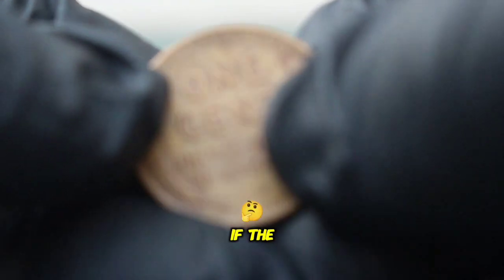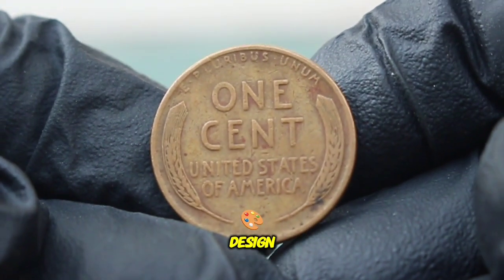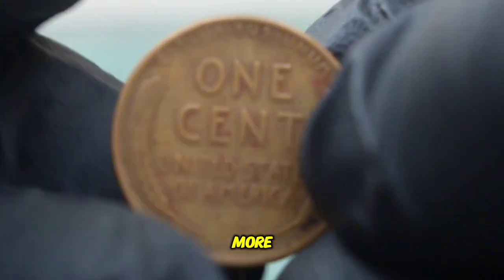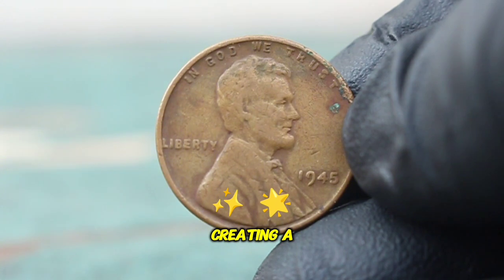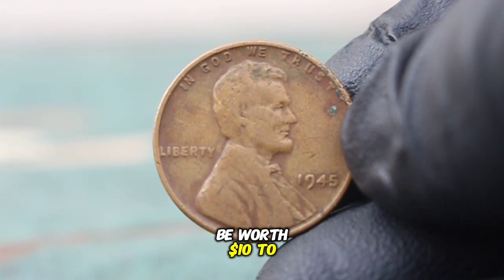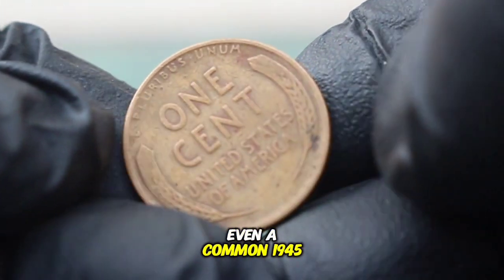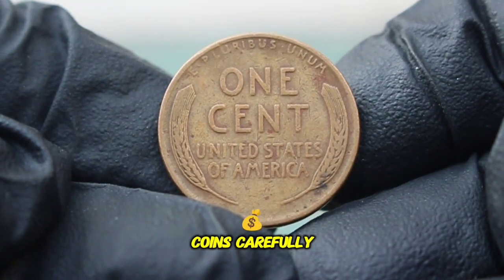Off-center strikes. If the coin was struck off-center during production, it creates a misaligned design. The more off-center, the higher the potential value, with some examples fetching $10 to $50 or more. This occurs when the mint mark was stamped more than once, creating a doubling effect. Coins with RPMs can be worth $10 to $30 or more, depending on their clarity and rarity. Errors like these make even a common 1945 penny a potential treasure, so always inspect your coins carefully under good